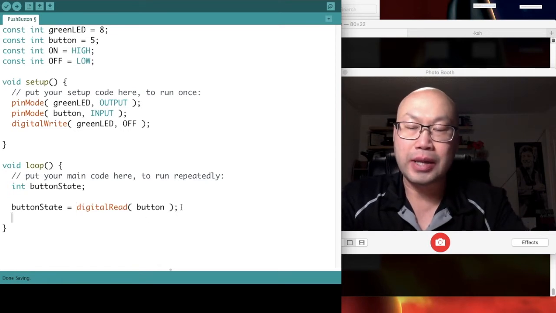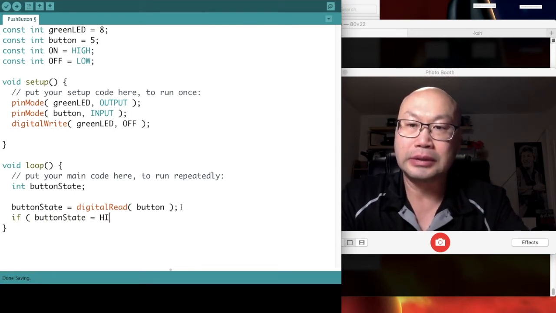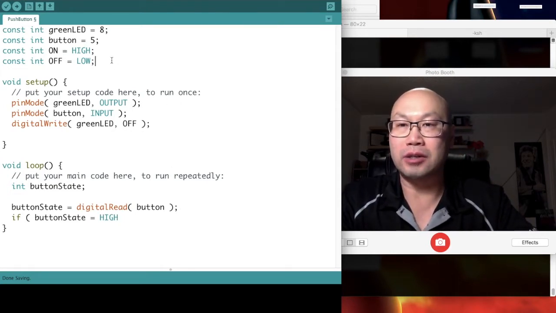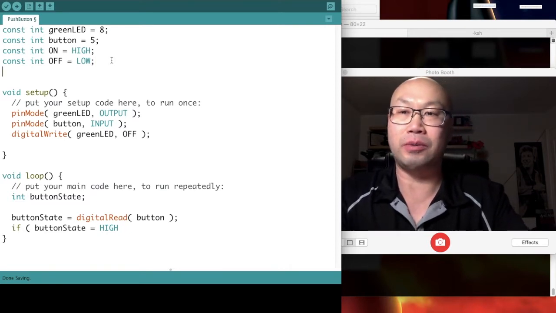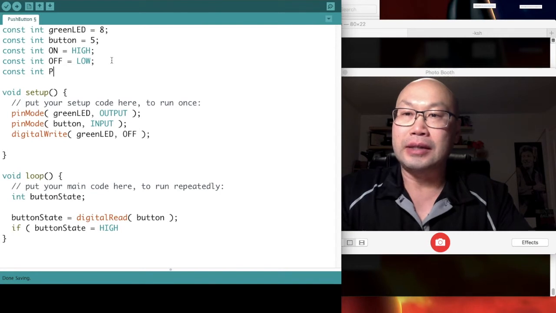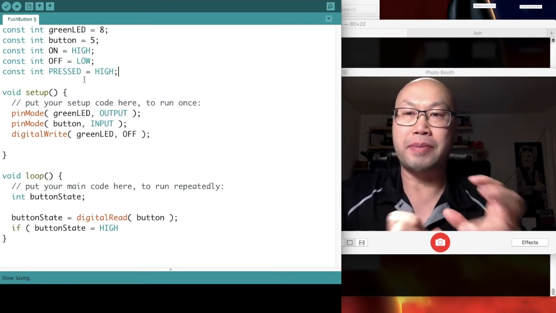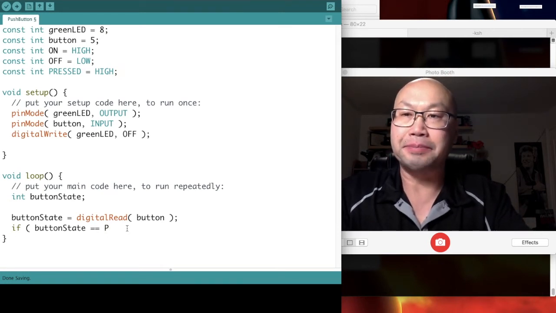And what we want to do now is a simple condition. Well, if the button state is high, that's not very readable, so this is where I'm going to go back to the top and introduce another variable. Again, it's going to be a constant because I don't want the value of this variable to change. It's called pressed, and that's high. So here we're going to associate pressed with being high or on. So here, if the button state is equal to, I forgot to add the equal sign, pressed,